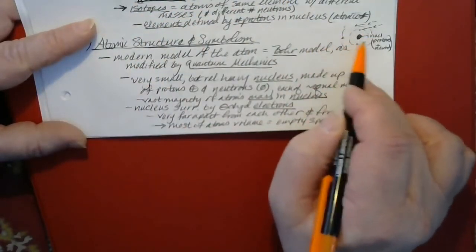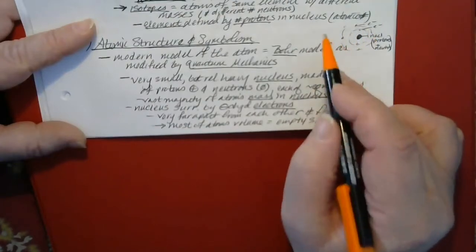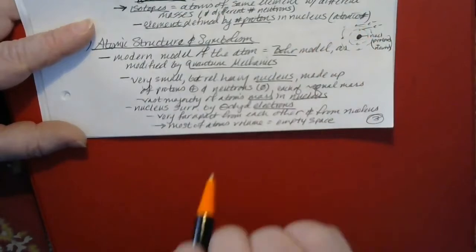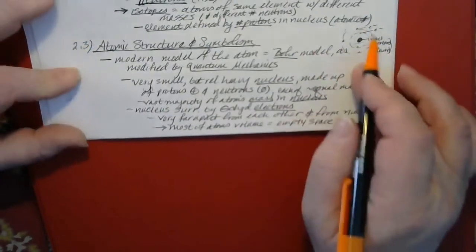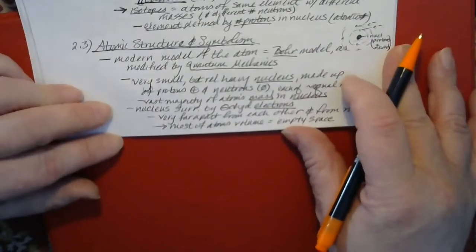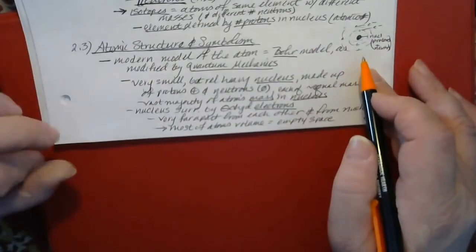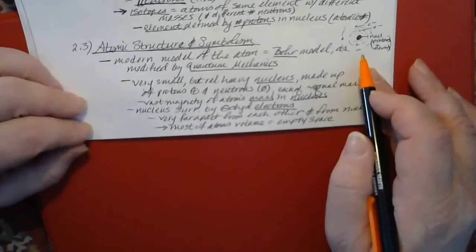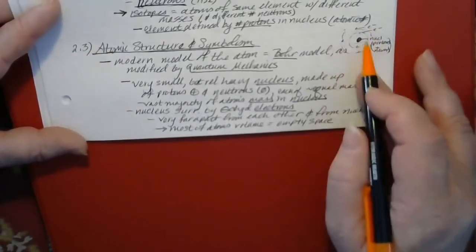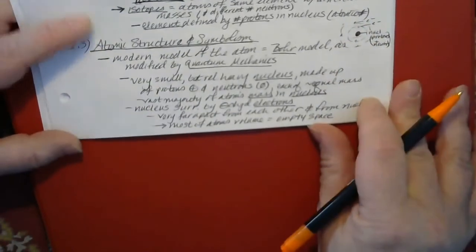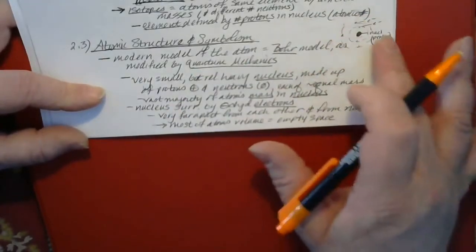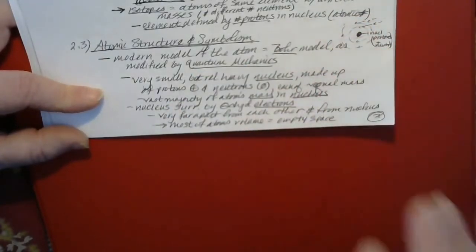So you can have electrons that not only go around like that, but you can have them coming out of the page and going back in, and any other angle as well. From the outside, because these electrons move around really, really fast, the atom would kind of look like just a hazy sphere. What you'd be seeing would be the electrons in the outermost orbits zipping around really fast. And they would be zipping around so fast that they would probably block from view anything in the inner part of the atom.